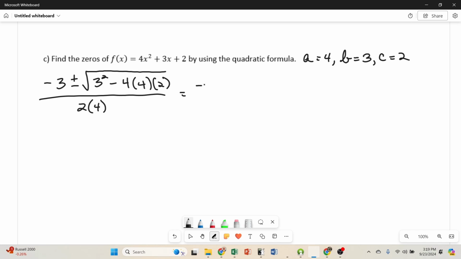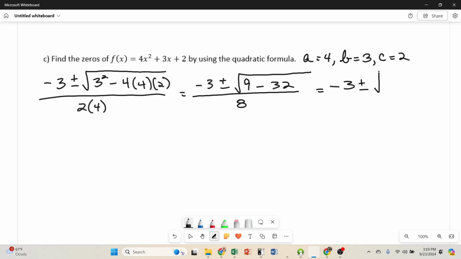So we've got negative 3 plus or minus the square root of 9 minus 4 times 4 is 16 times 2 is 32, all over 8. So this is negative 3 plus or minus the square root of negative 23